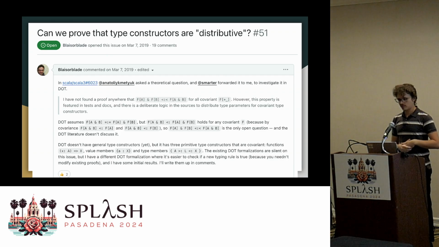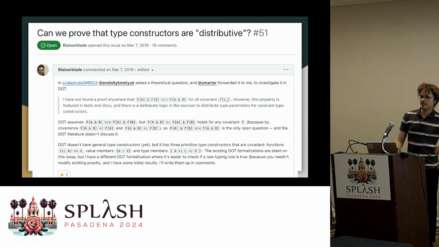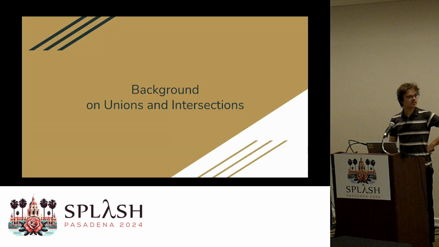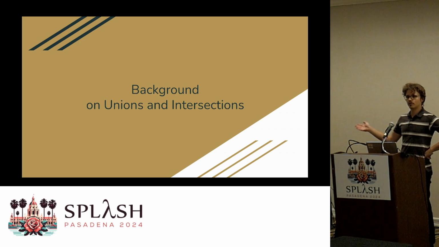And so this is currently an open issue in Scala, right? There's an issue in the bug tracker. People don't really know if it is really good or fine to do that or not. And as we've seen, it's not quite clear when you cannot do that. So first, let me give some background on unions and intersections, just to make sure we're on the same page,